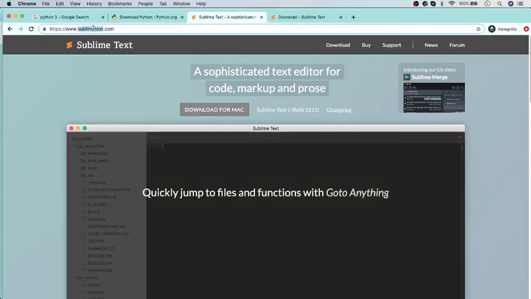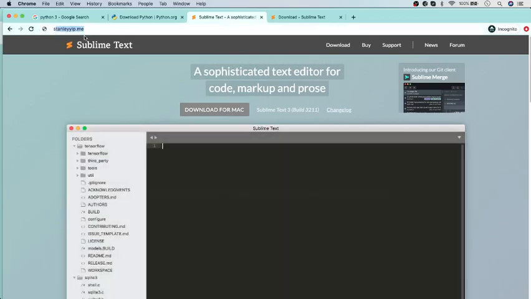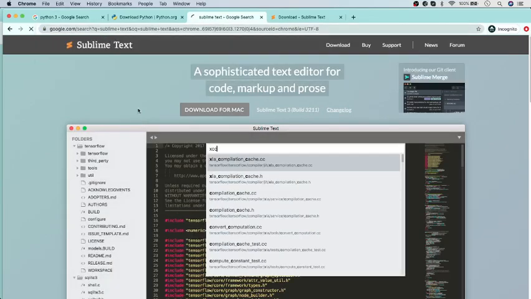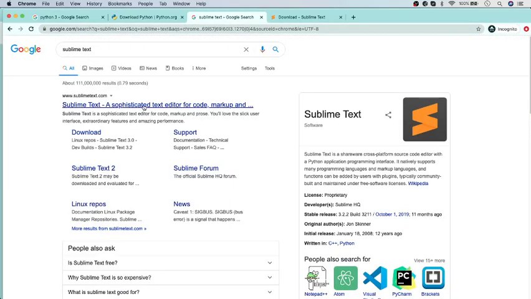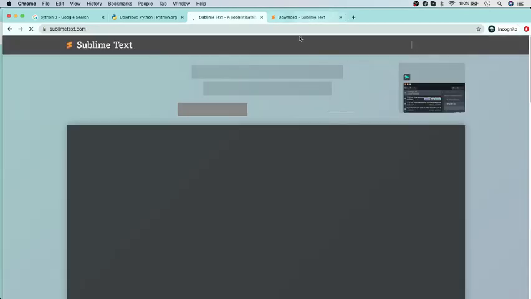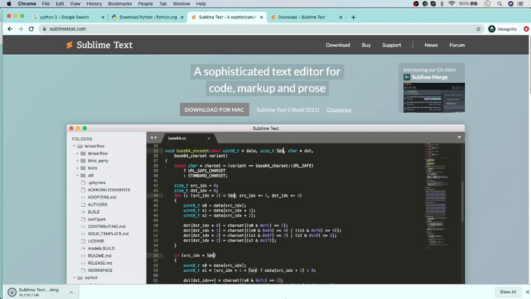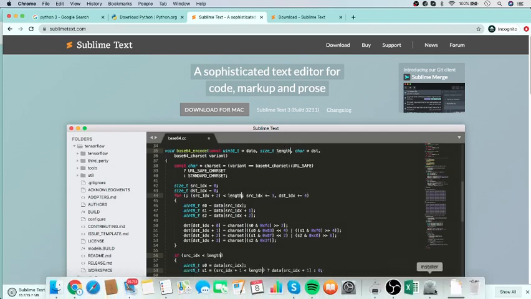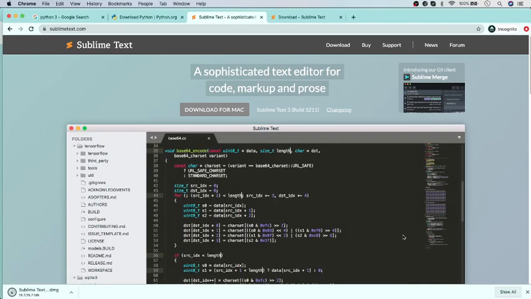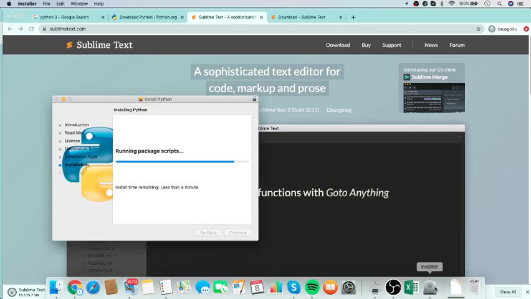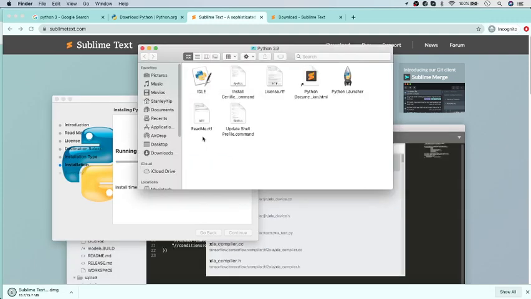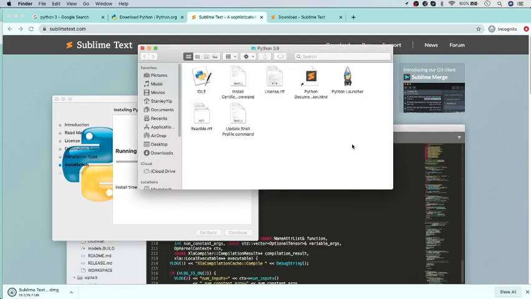So for Sublime Text, just Google Sublime Text. First one that comes up, click download for Mac. So we're downloading Sublime right now. Just give it a second. So here's our